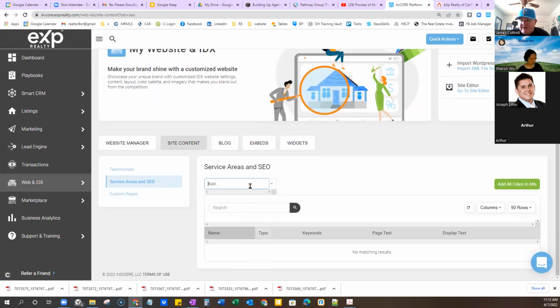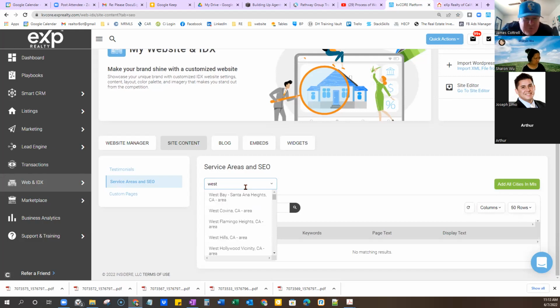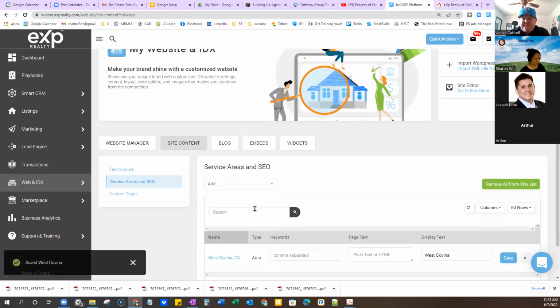So your link, and you probably can get them to come up. It looks like she's got a drop down link there. Yeah. I mean, type in, I've never added them that way. I've just always added them in there. There you go. You just type in the area that you want. Oh, okay. There you go. All right. And then it will just add them. So just go in and put the cities that you want and it'll just add them in there.